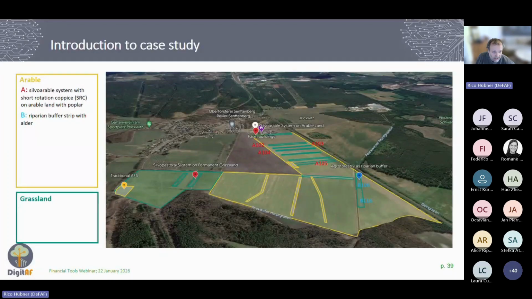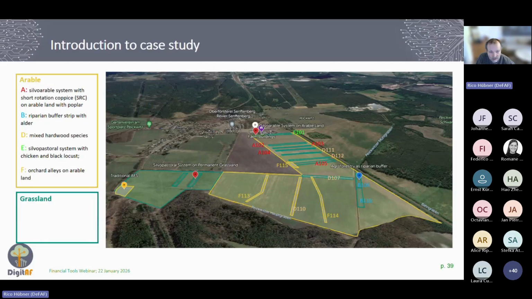He also has some poplars and alders in riparian buffer strips, and he has planted some mixed hardwood species in an interesting system that combines short rotation fast growing poplars with hardwood species. He has a silvopastoral system with chickens near the farmhouse, and another one on the grassland. And only a few years ago, he also planted alleys of different fruit trees, so-called orchard alleys,